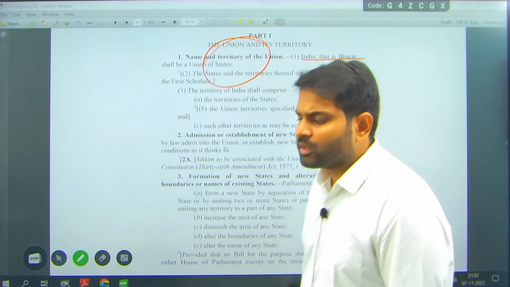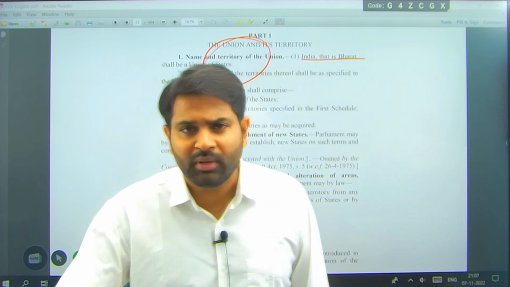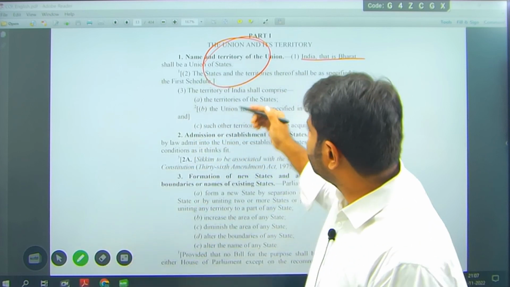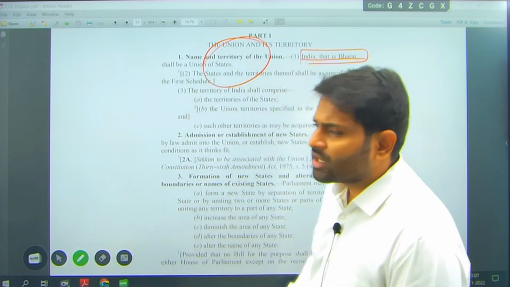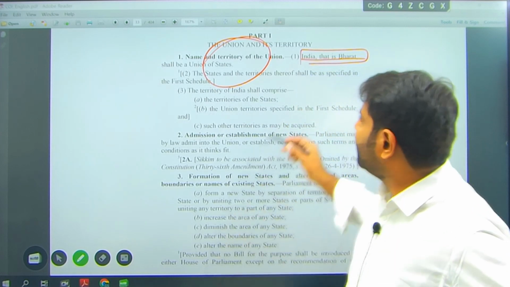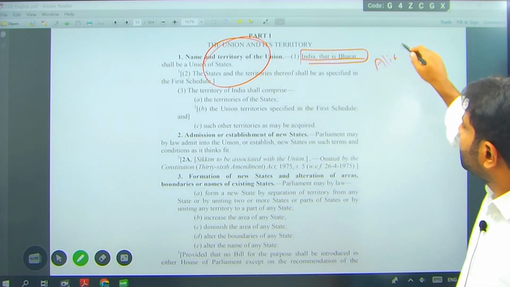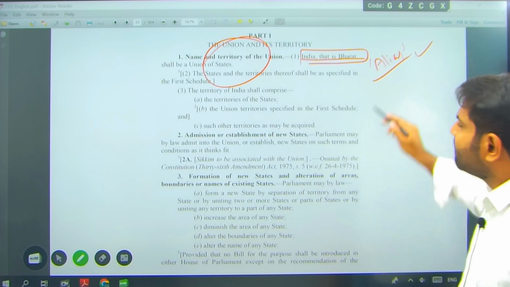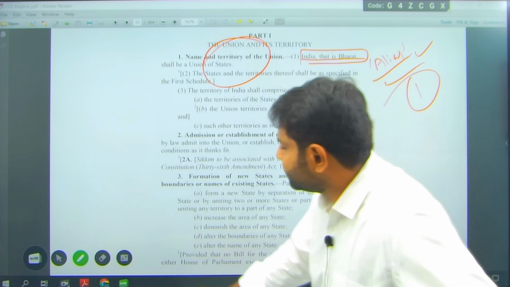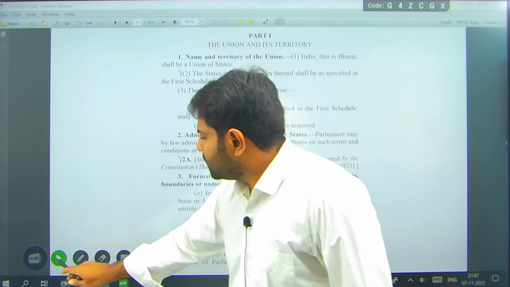People in the Constituent Assembly debated that the name should be India, and someone said Bharat, and some others said other names. That is the reason Ambedkar mentioned, India, that is Bharat, shall be a Union of States, right? He gave an alias for the name India. So, remember Article 1. Article 1 is talking about the Union and its territory. That is a very important article.